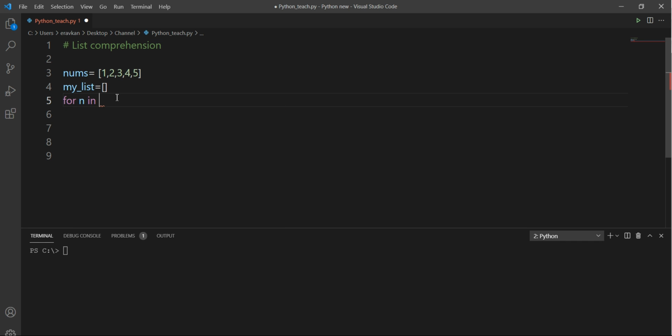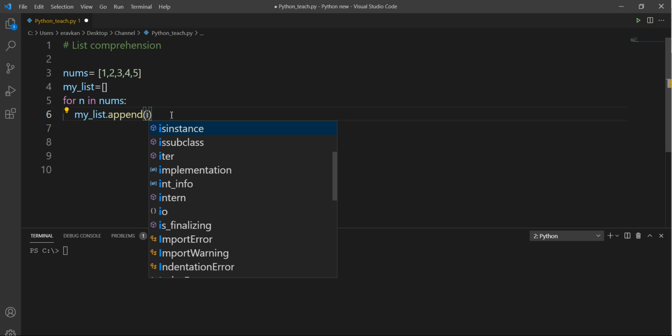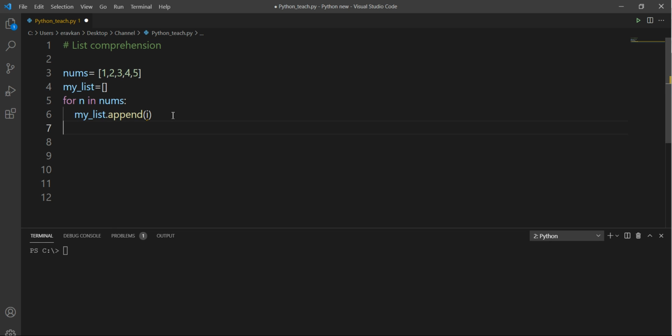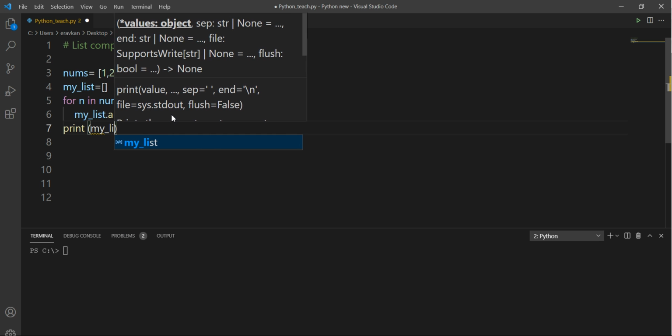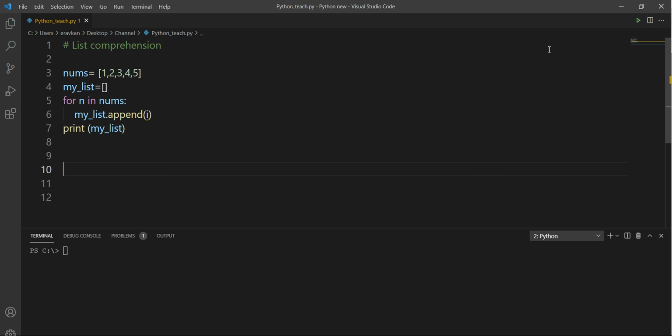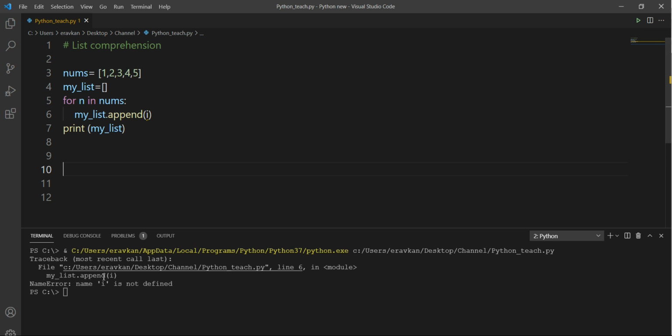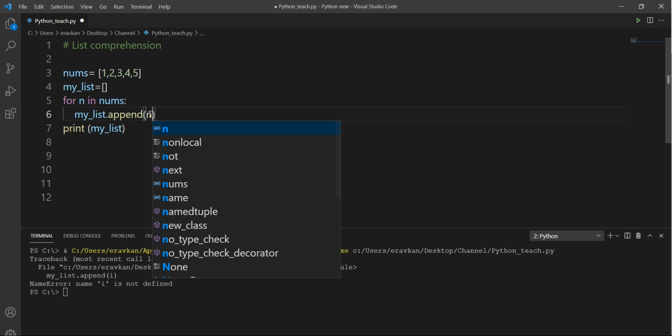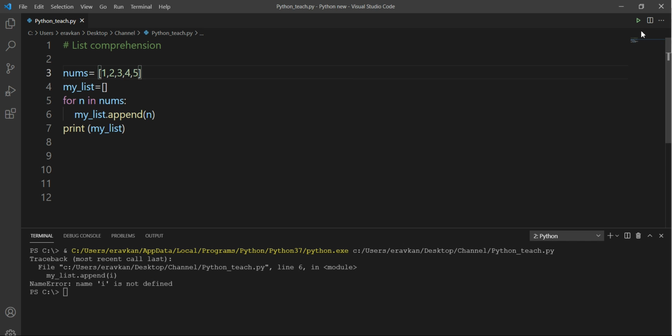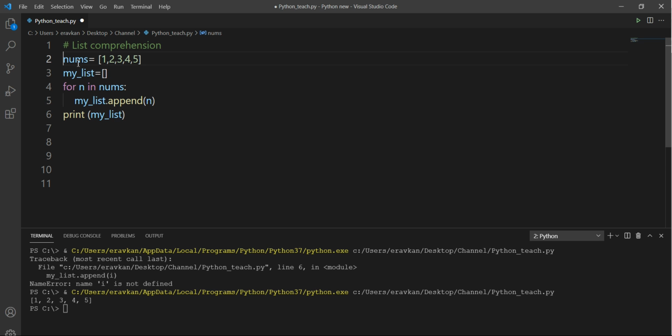Then I need to run a for loop, for n in nums, and do my_list.append. If I now print my list, I will get a new list in which all the values are appended.